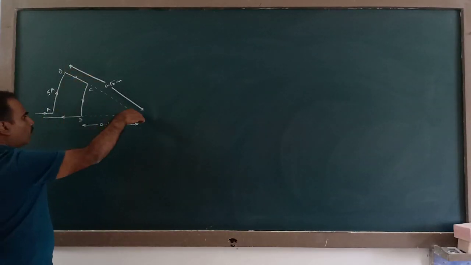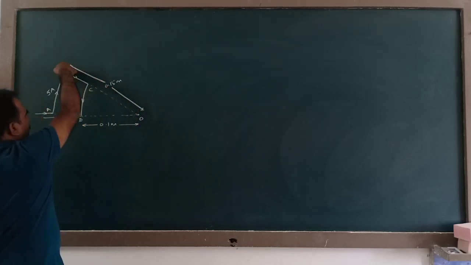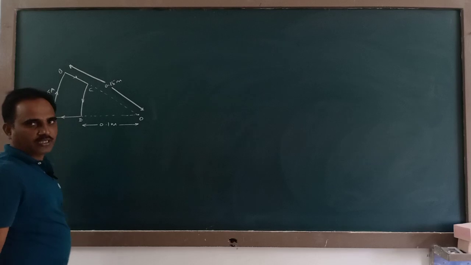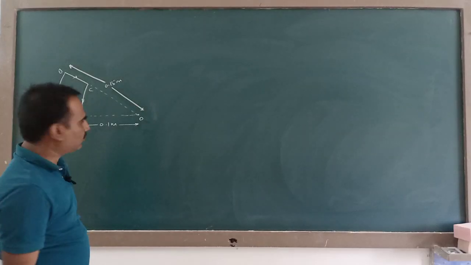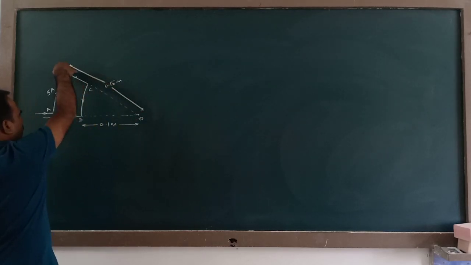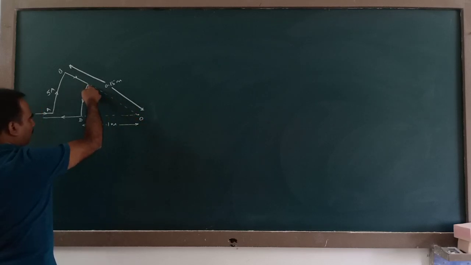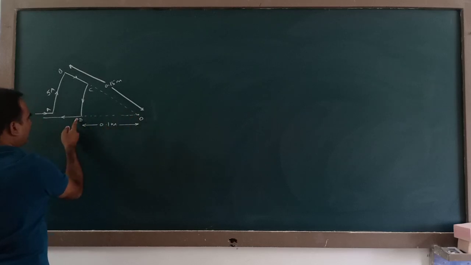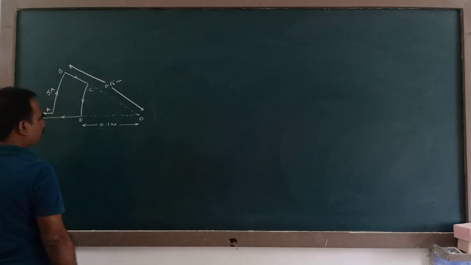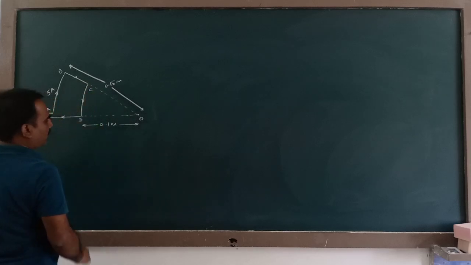Next, the magnetic field at O due to this conductor BC is 0 because this point is lying along the length of the conductor. You know that magnetic field on a conductor is 0. So due to the conductor BC, the magnetic field here is 0. Next, you also find the magnetic field due to CD at O, and the magnetic field due to the remaining element is 0. So, to find the magnitude of magnetic field due to AB and CD, you apply Biot-Savart law.